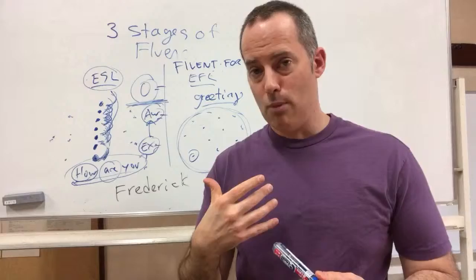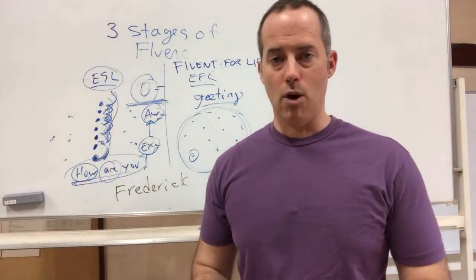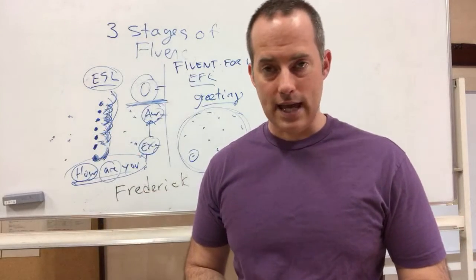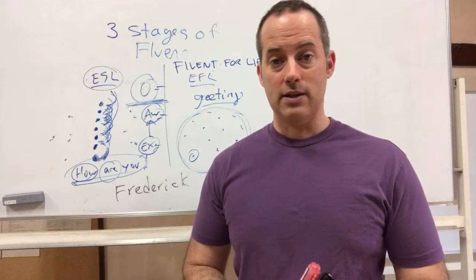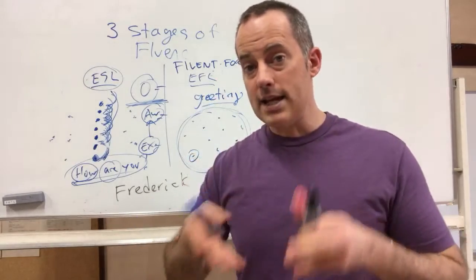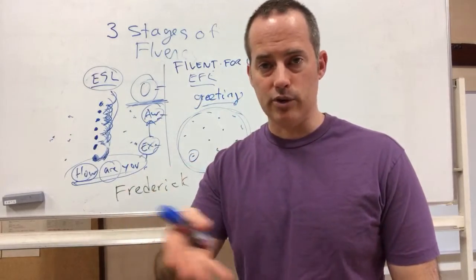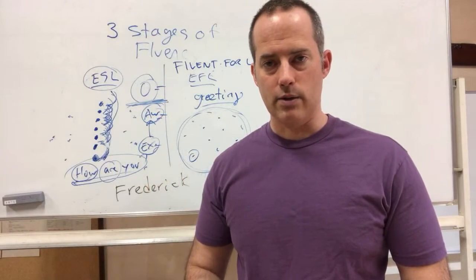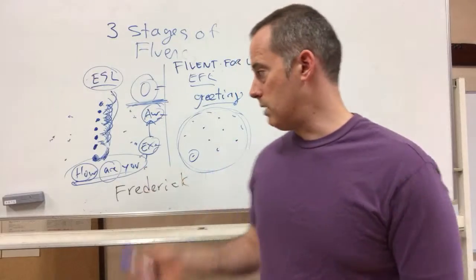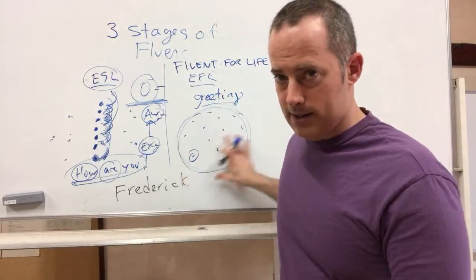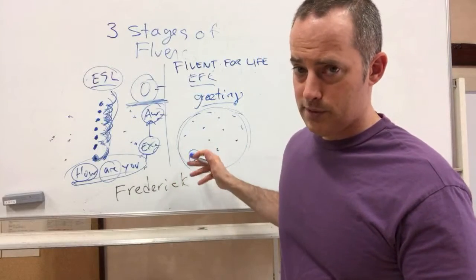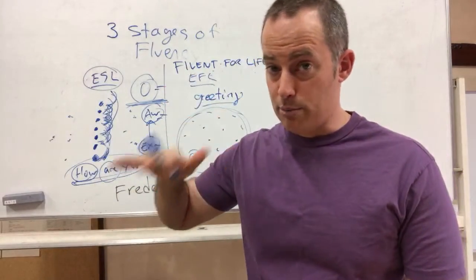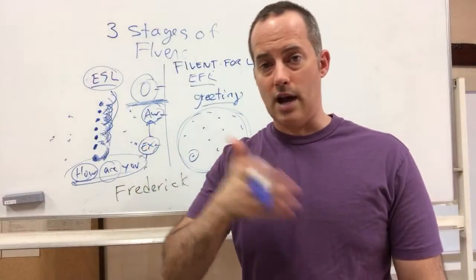So if I'm trying to learn more about whatever the topic, if I want to learn more about Family Guy, as an example, or philosophers, or gardening, or baking cakes, or roller skating, or planting trees, or anything, I would look that up in English on YouTube, and I would watch a bunch of videos about that same topic. And if I'm trying to learn a different language, I would learn a lot about how to do that thing in that language. It'd be very easy to do. That's what this is. So you're hearing about a topic, hearing lots of different examples from different people. All I've done in Fluent for Life is make this a very simple standard process that you can go through, and the topics are already done.